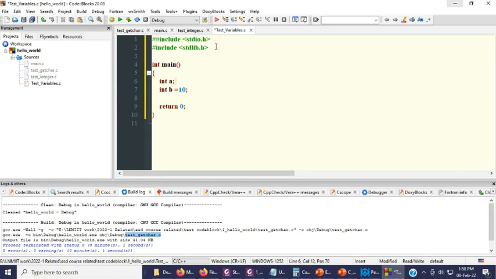I will put a comment here: declaring a variable A. And in the second line, we are not only declaring but also initializing the variable B. Something is wrong here. Okay, done.